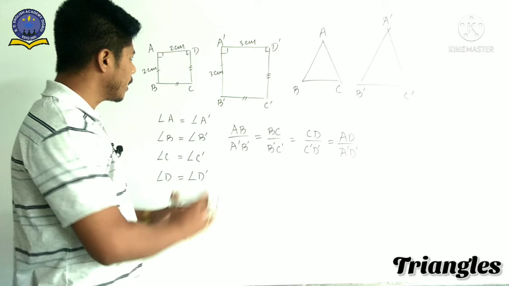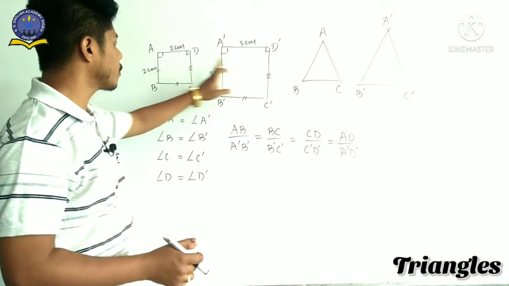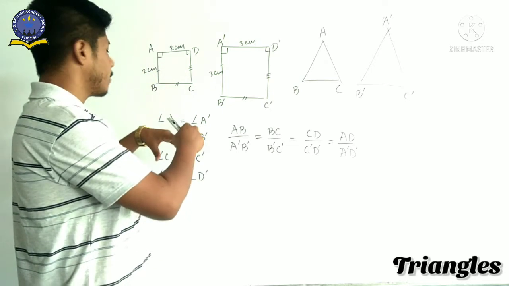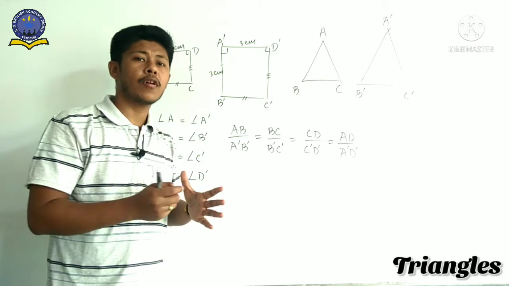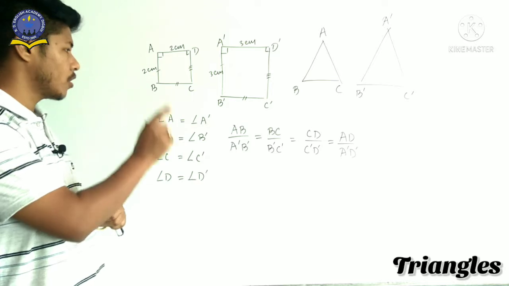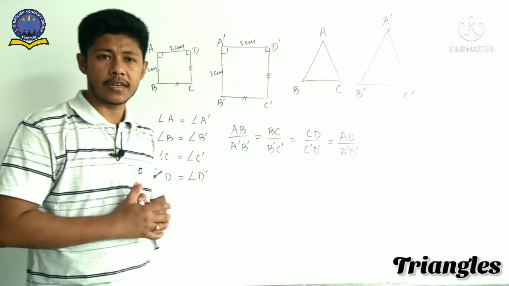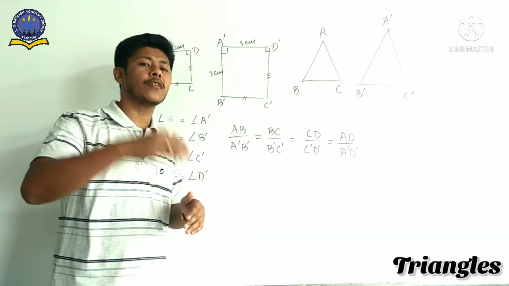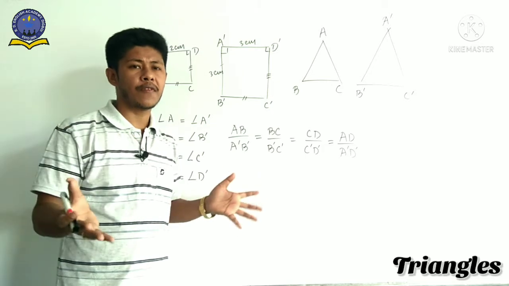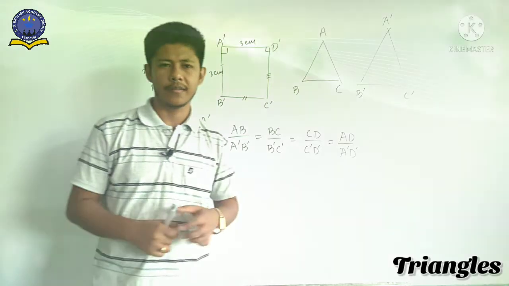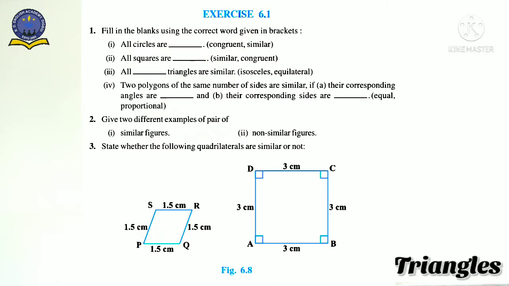In this similar figure, you see four sides are there, so it is known as a square. If it is given for 7 or 8 sides, as a whole we say polygon. That's why in your book, this property is mentioned as a polygon. Here 4 sides are considered, so it is mentioned as a square. If more than 4 sides, it may be 5, 6, 7, then it is mentioned as a polygon. Is it clear? So here we discussed the properties of two similar figures.